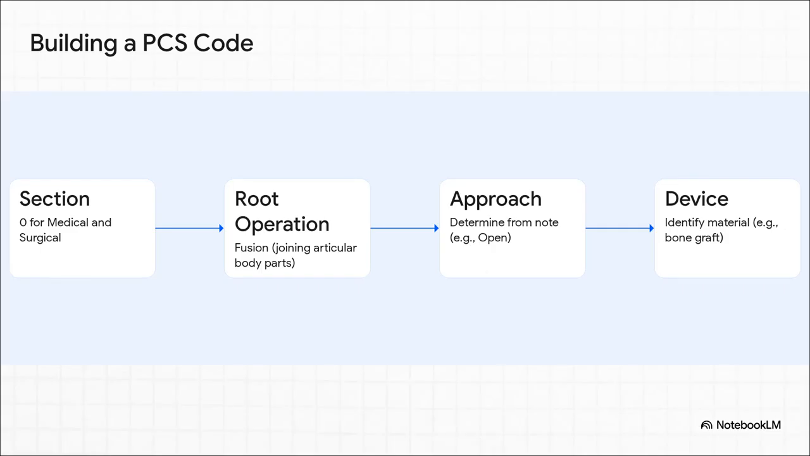Let's actually break down the logic to confidently build a lumbar spinal fusion code. Think of it like a recipe. Step 1, Section 0 for medical and surgical. Step 2, root operation is fusion. Step 3, determine the approach from the operative note. Let's say it's open. Step 4, identify the device, like an autologous bone graft. Following this structured path right across the PCS tables lets you accurately build a code like